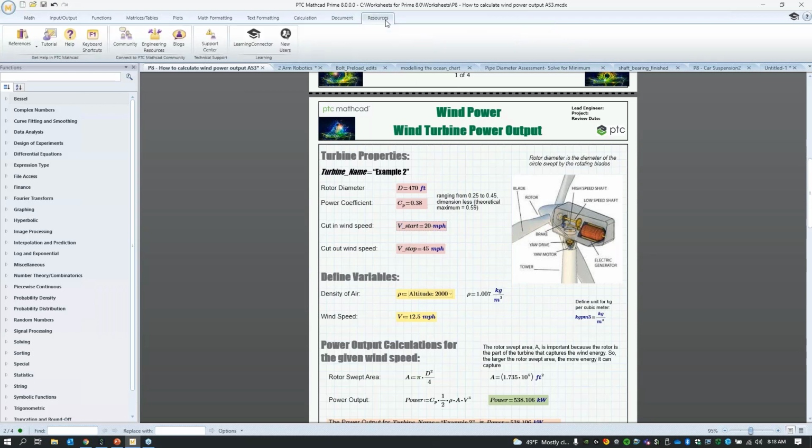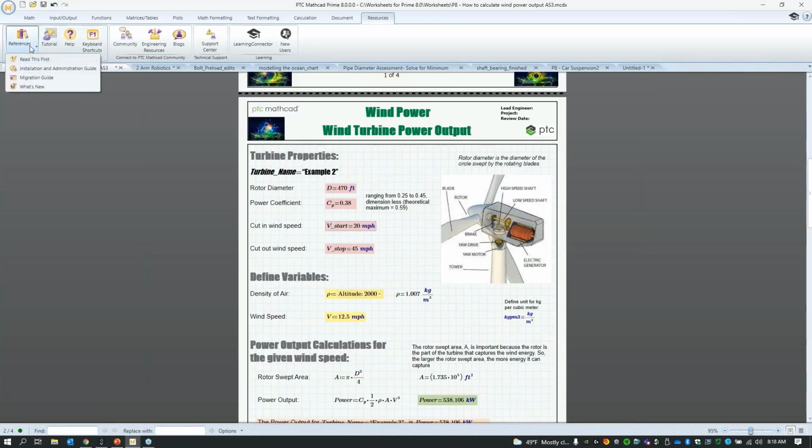And resources is really a tab that, again, I think I need to do a better job of advertising. When you pick Mathcad up and use it for the first time, this is the tab you want to go to. It includes references for reference documents: Read this first, the installation guide, the migration guide is useful, tutorials, the help, the keyboard shortcut document, a link to the PTC Mathcad community, which is a really, really active and